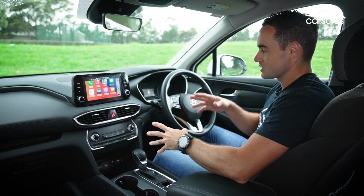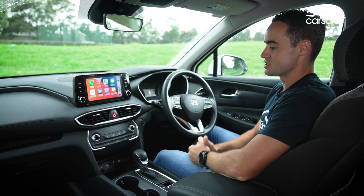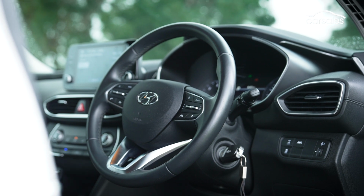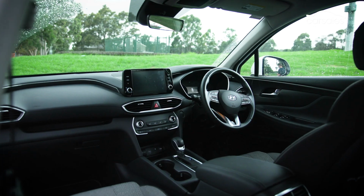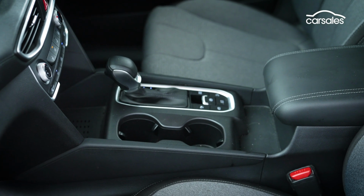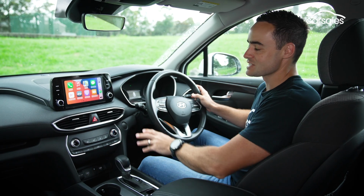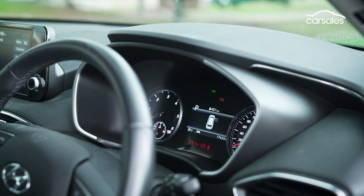When you take a closer look, all the instrumentation, while basic, is really user-friendly, really legible, and quite accessible on the go. The interior components feel nicely put together using a combination of decent materials and harder wearing options in less visible areas. Storage options are likewise sound, and there are ample power points up front for tech-savvy travellers, plus single-zone climate control. The base Santa Fe gets a slightly smaller 8-inch centre touchscreen and a 4-inch digital instrument display